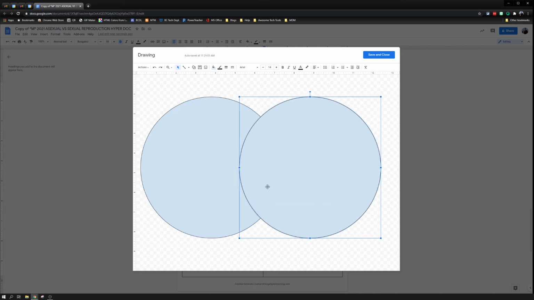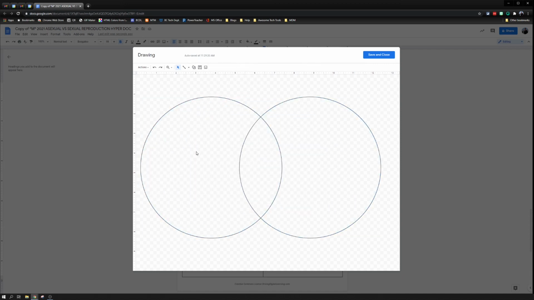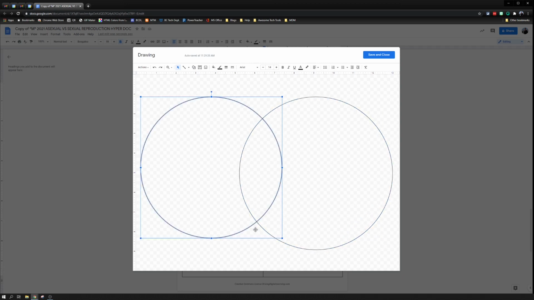You're going to notice that since these circles are on top of each other, we're unable to see that cross section of the Venn diagram. So on both of those circles, let's head up to the paint bucket and click transparent, and turn them both transparent just like that. So a nice simple Venn diagram right there. I'm going to size these up just a little bit more